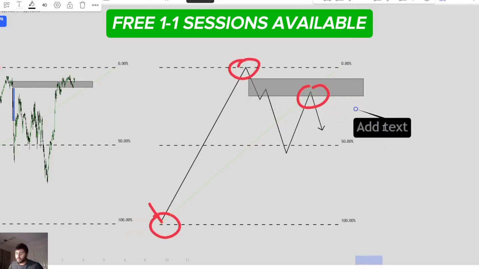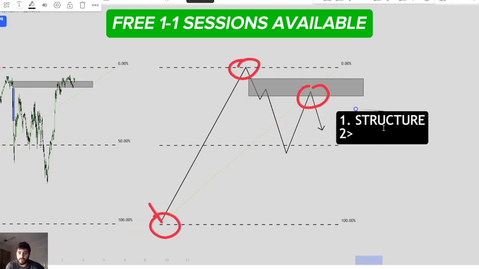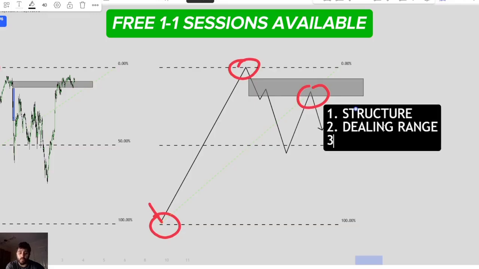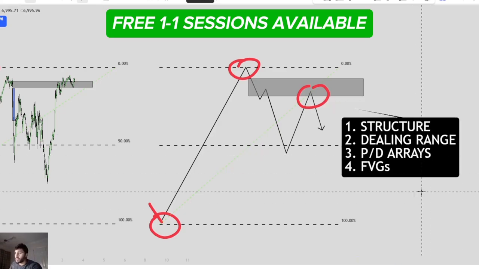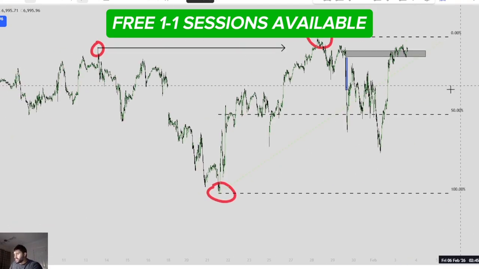The 4-pillar approach is, you need market structure. This is very important. You need to understand your dealing range, right? Where is the most recent high and low? And with that most recent high and low, you project the fib. So you want to understand your PD arrays. And the last thing is you need to understand your fair value gaps. 4 basic concepts I use every single day without fail. Now, the next thing to use is what